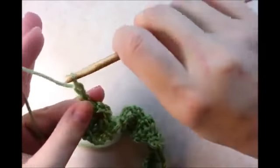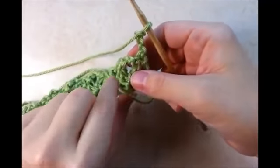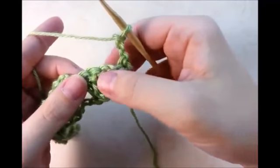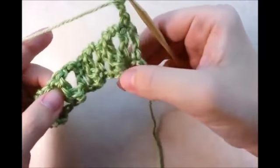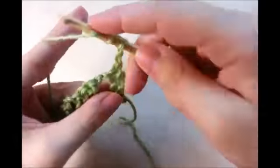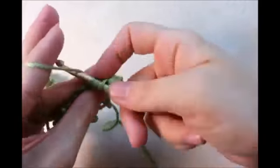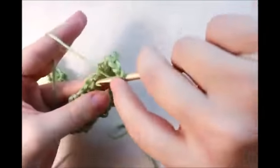And now this next row is the row that we're just going to keep repeating. We're going to chain 3 and turn. And now we're going to do what we just did, where we did 2 triples, a chain 2, and a double. We're going to do that again, but we're going to do it in every one of these chain 2 spaces from the previous row. So I'm going to go into the very first space and do 2 triples, a chain 2, and then a double, all into that space,